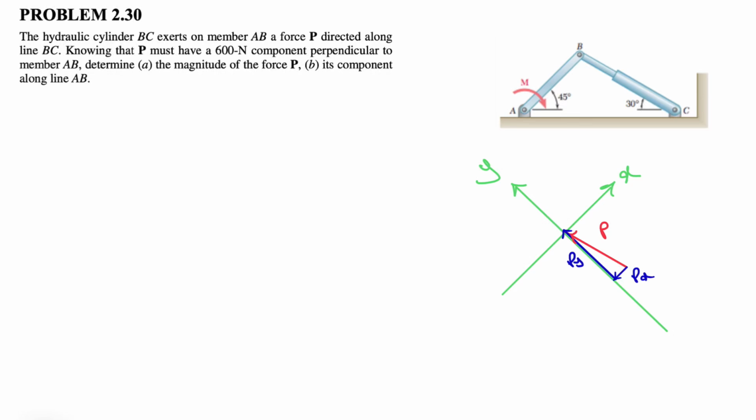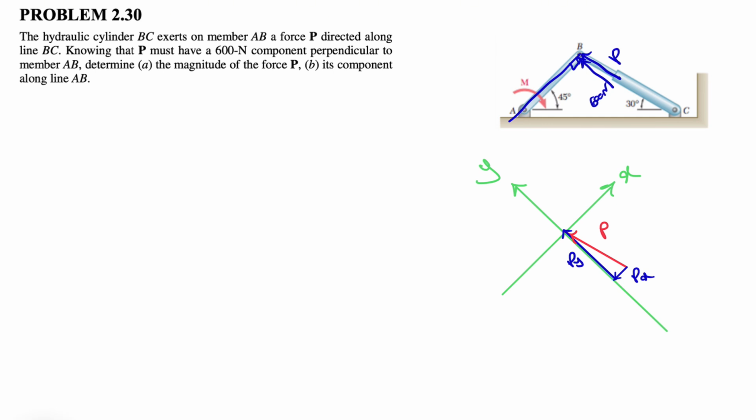We're going to be solving question 30 from the second chapter of the Beer & Johnston textbook, and we have this hydraulic cylinder BC that exerts on member AB a force P along the line BC. So we have this force P here, and we know that the force P has a 600 component perpendicular to the member AB. So if we resolve this into two components, one perpendicular to AB, we know this one is 600 Newton, and we need to determine the magnitude of the force P, and in the second part, its component